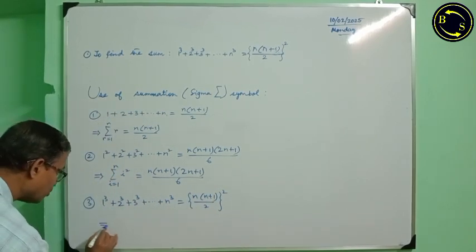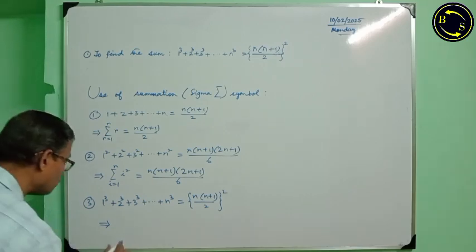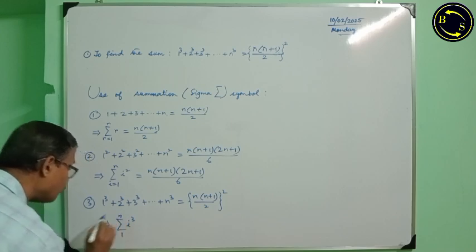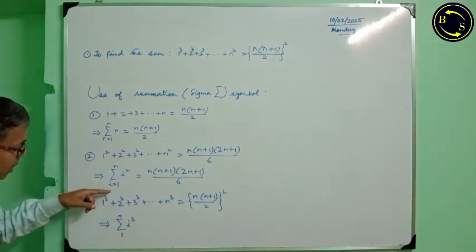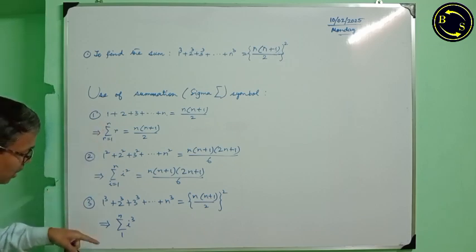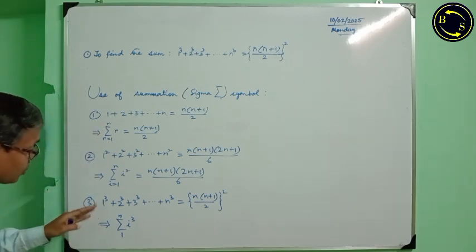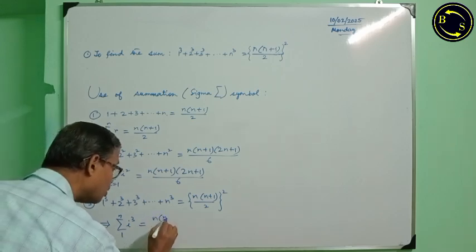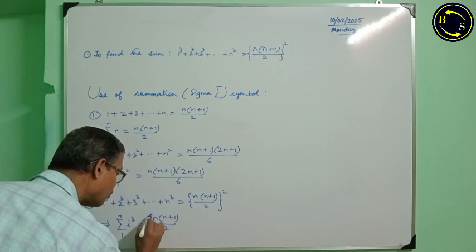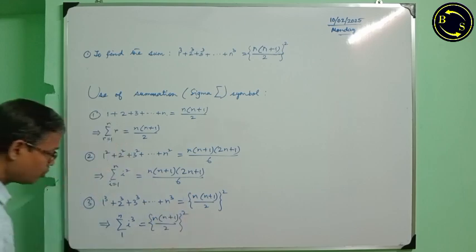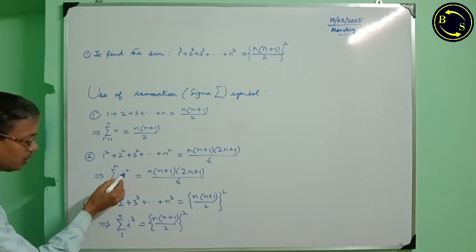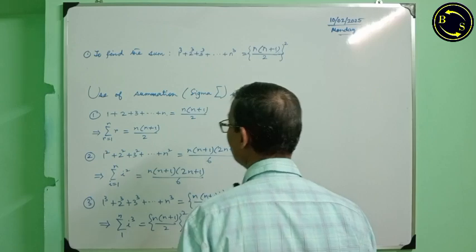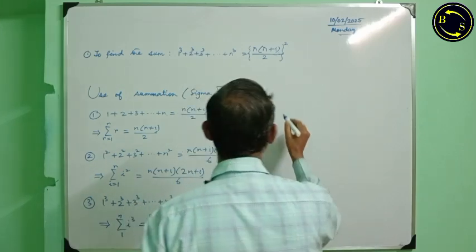Now if I express that using capital sigma symbol, initially we write r equal to 1 to n, but we shall skip those finally. Also here n is used. Therefore, next thing is